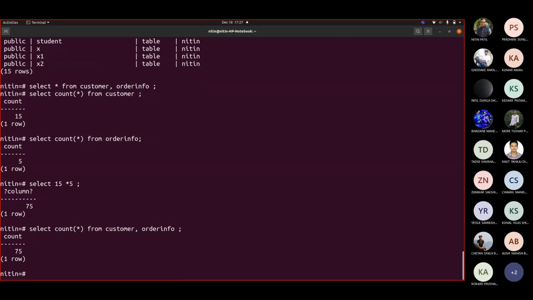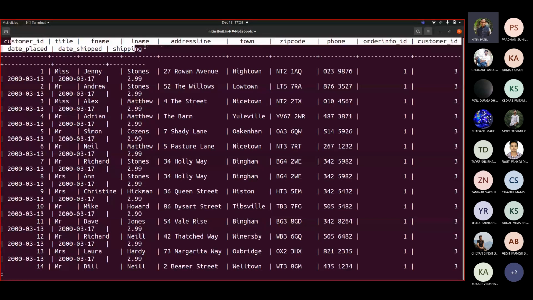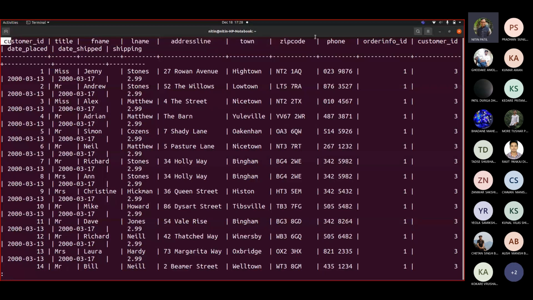Are they? Yes. Okay. Now if I write this and fire explain, what should happen here? Let us first see the records and how they are organized. One can see that first the customer table is added: customer ID, title, app name, mail name, address line, town, zip code, phone.